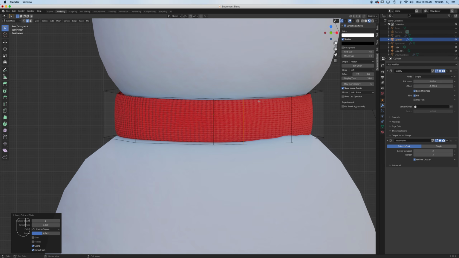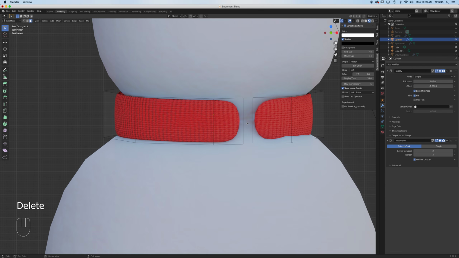Okay. So Control R is a loop cut. So I'm going to do another one. Okay. So that's where I want to hide the other one. So what I'll do is press number 3 to go to face selection mode and delete that part right there. So we get a break. Okay. So we can do some things to this. Of course, I'm going to go to edge mode, okay, and let's just kind of extrude that part right there, and we'll fix the UV after, and we'll just simply turn on some